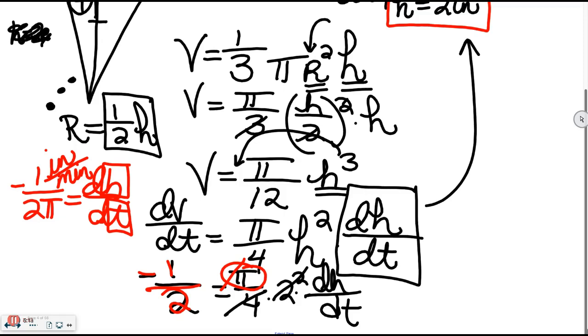So you need to be comfortable with this sort of basic geometric related rate. I won't give you anything nasty. That's it. And then they just worked on the packet for